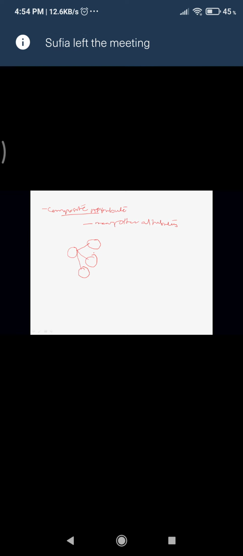If this is an attribute, it again has multiple attributes. These are all attributes, but they are all part of this attribute. So when you find such things, this is called a composite attribute.